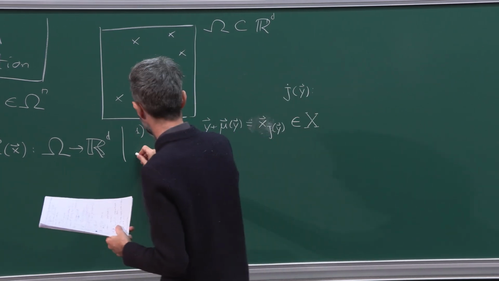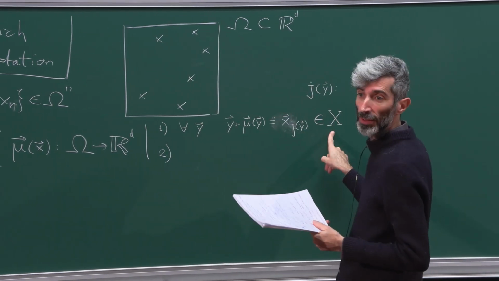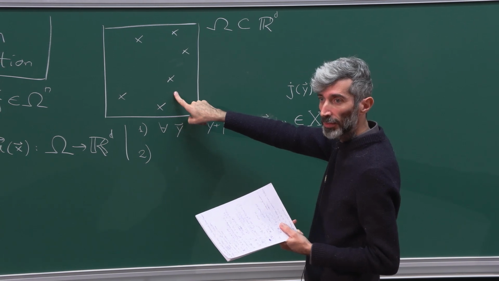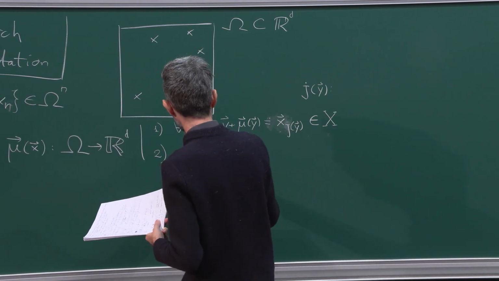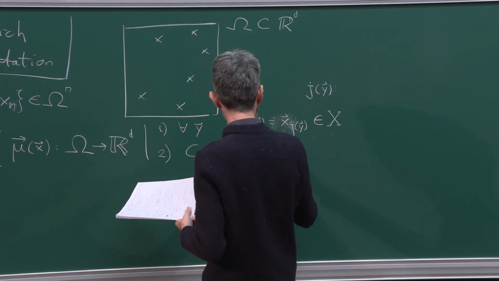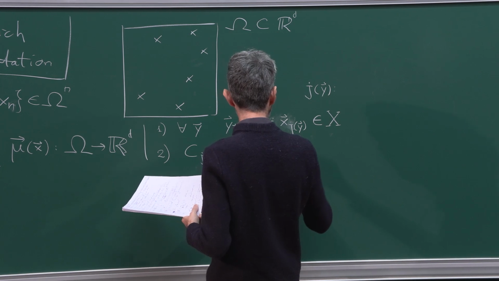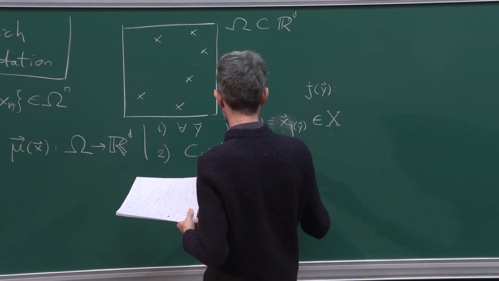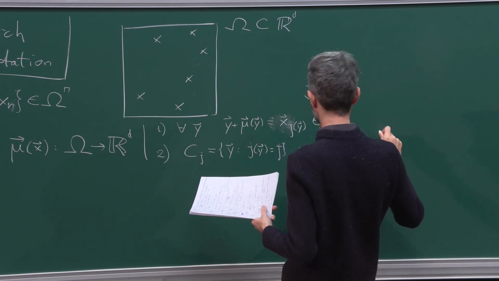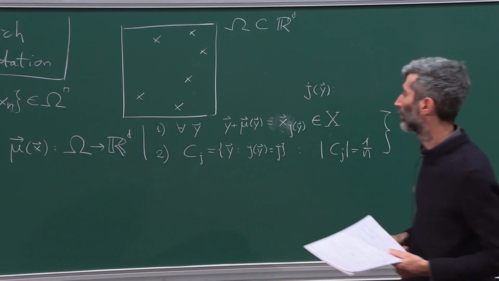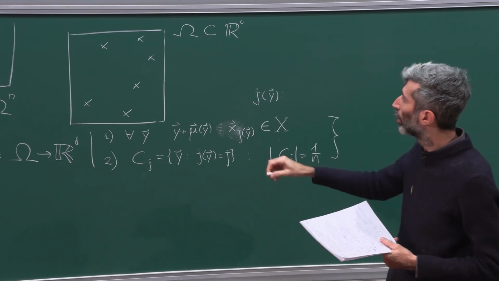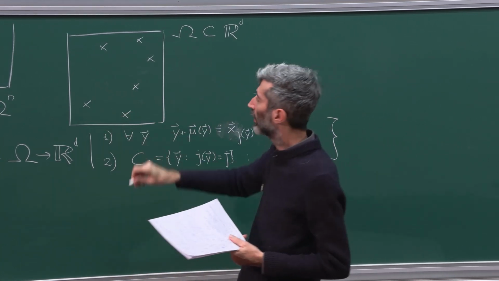And 2, property 1 defines a partition of this domain into cells. The cell Cj is the set of y's such that j of y is equal to j. All these Cj's must have volume equal to 1 over n. Sorry, I put part of the definition into the condition, but you understand this. You want to split this domain into portions